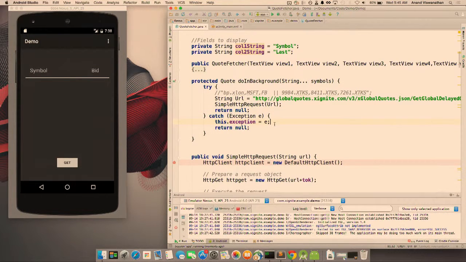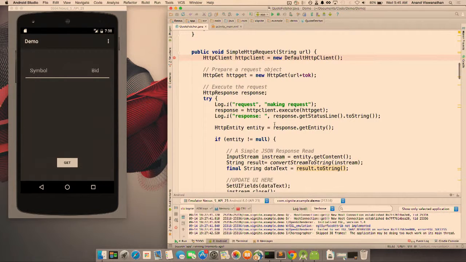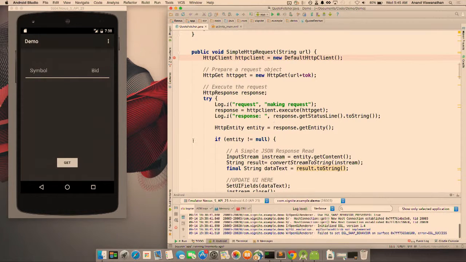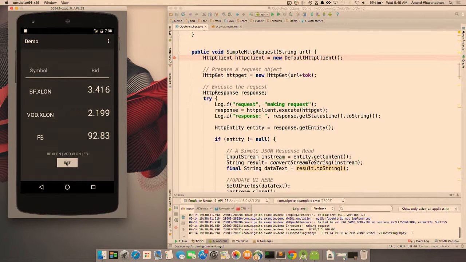The simple HTTP request method does two major tasks. The first thing it does is perform a simple HTTP GET request. And the second thing it does is take the data that it receives and use the values to update the app. So this time, when the app comes up and we press the GET button, it's retrieved the values and displayed them.